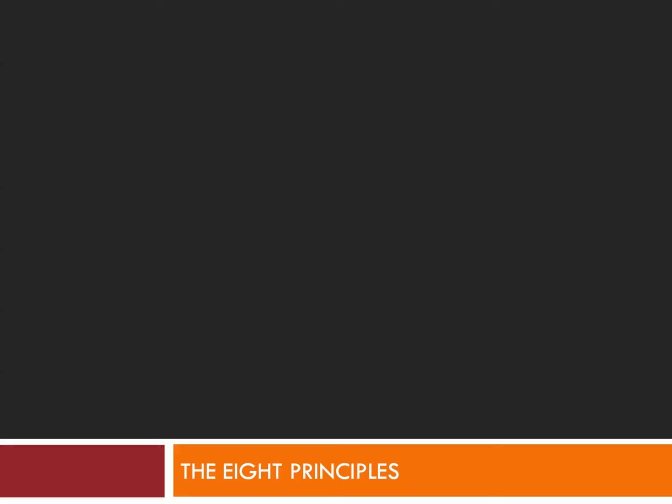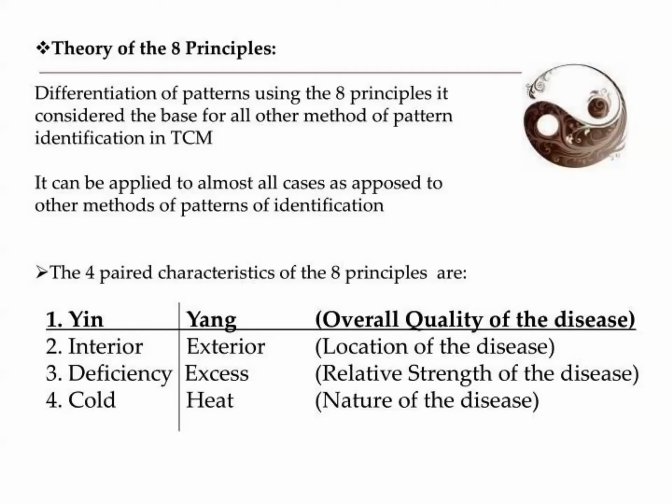Next, we discuss the 8 principles. Okay, differentiation of patterns using the 8 principles is considered the basis for all other methods of pattern identification in TCM. It can be applied to almost all cases as opposed to other methods of pattern identification. So the 4 paired characteristics of the 8 principles are,